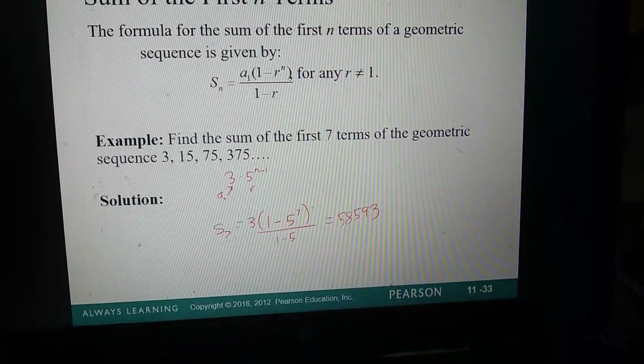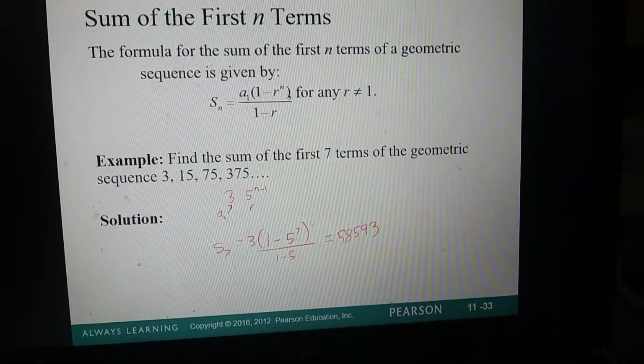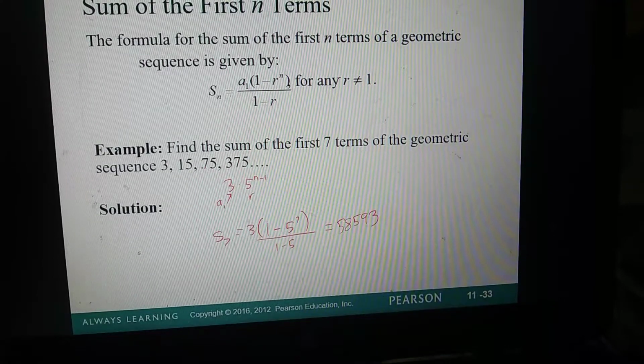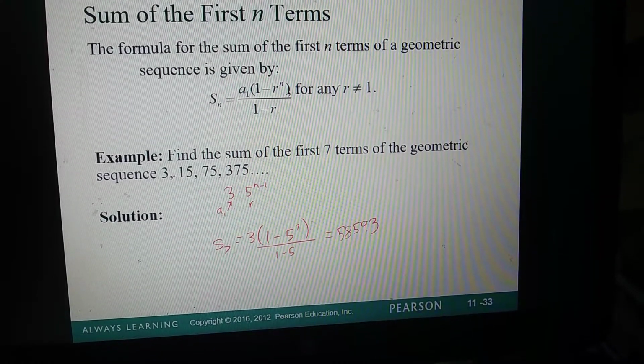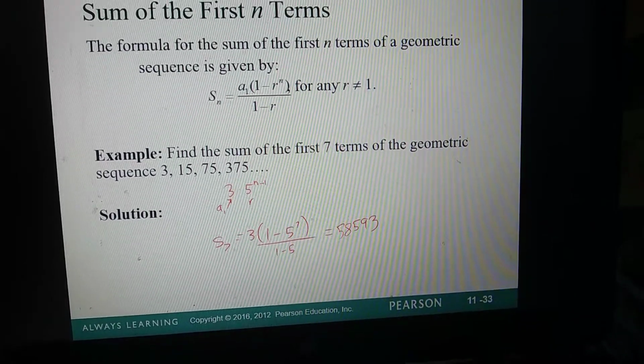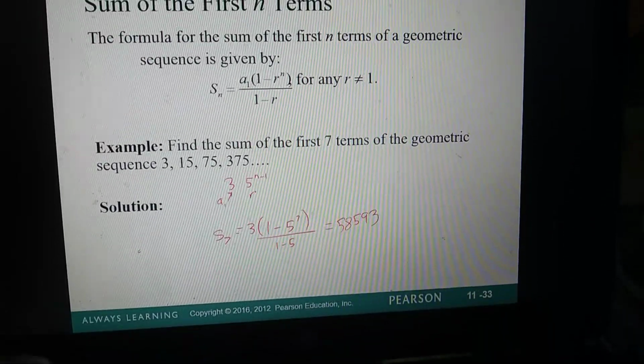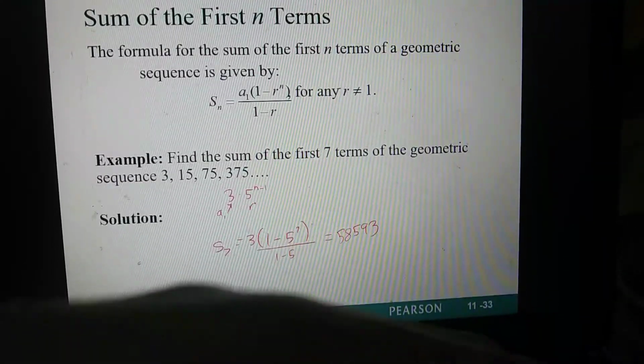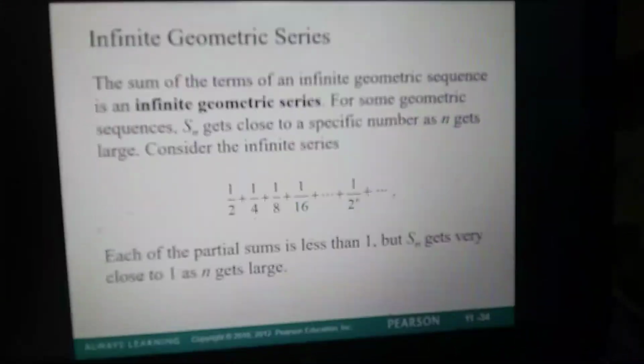Sorry, I said factoring in the other one, but the easier way, again, just remember you can always find that common ratio by doing the next divided by the previous. So first term is 3, and then 15 divided by 3 is 5. So it's an easier way to think about it than factoring, especially if you don't like factoring. Then we have the